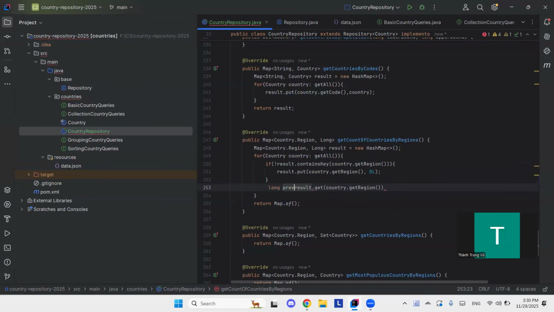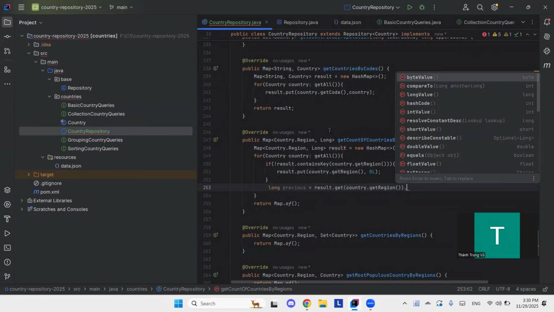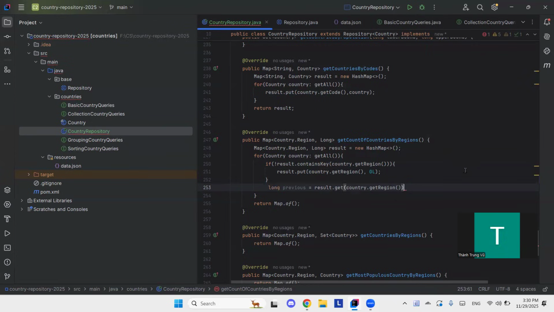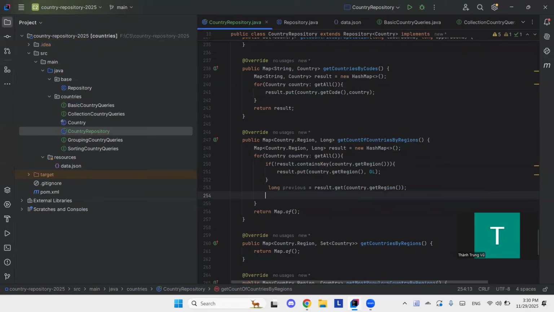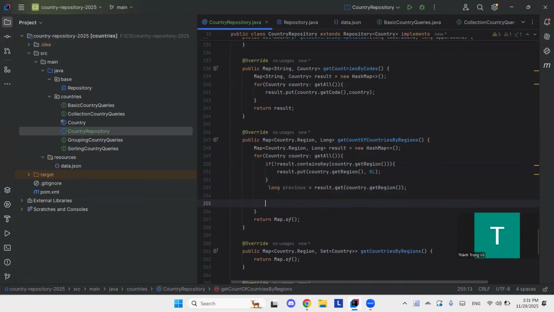Long previous equals dot this one. Yeah. So okay, the thing I said before still stands, but I'm assigning it to a previous value. And then I have to increment it by 1 because this is the current value of the region, which is 0, the count. So I need to increment it. So it's gonna be,